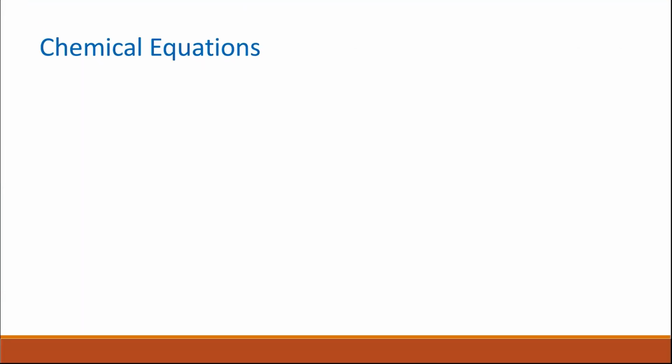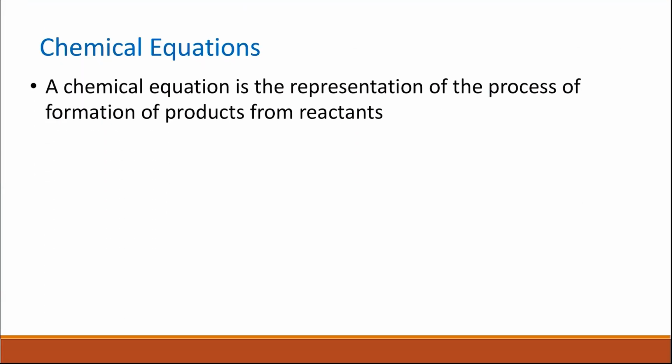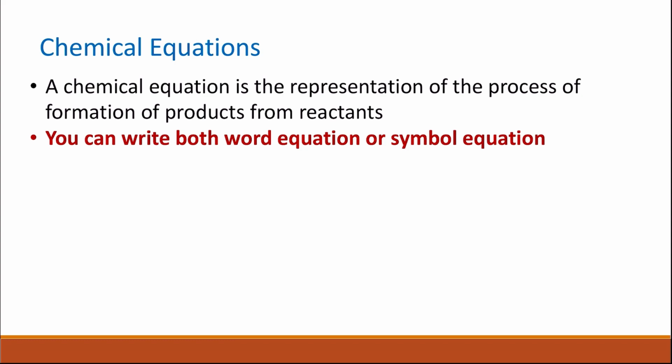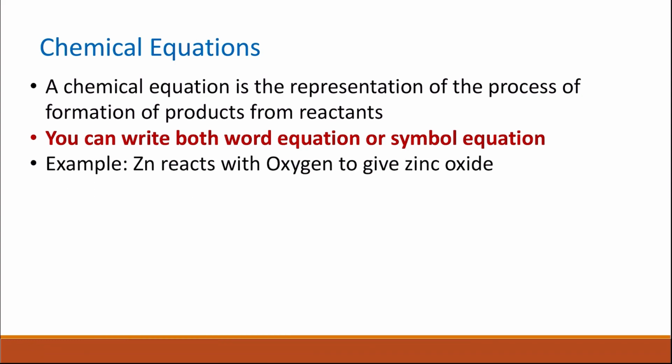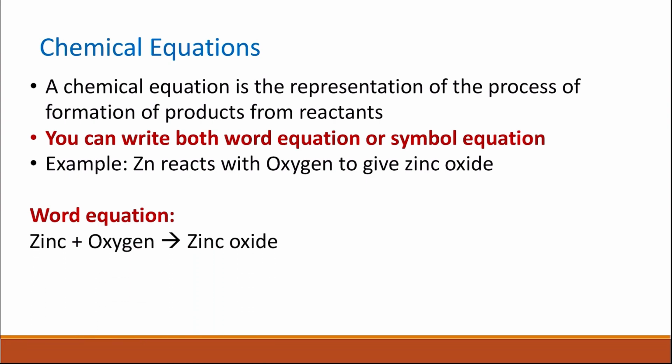Balancing chemical equations. A chemical equation is a representation of the process of formation of products from reactants. You can write a chemical equation either as a word equation or as a symbol equation. An example: when zinc reacts with oxygen, that gives you zinc oxide. You can write this as a word equation where zinc plus oxygen gives you zinc oxide, or as a symbol